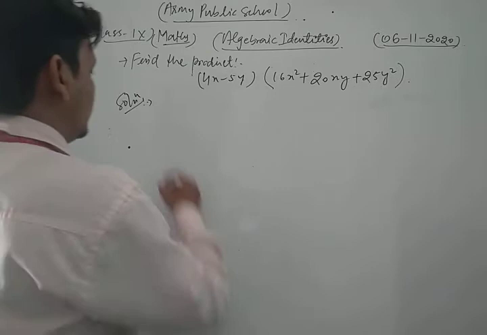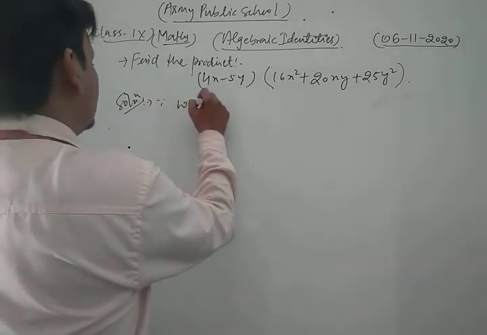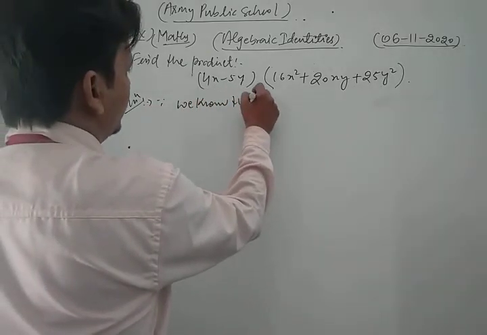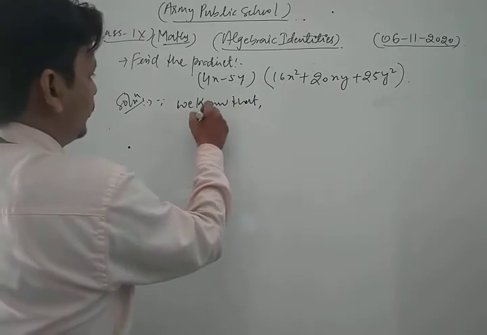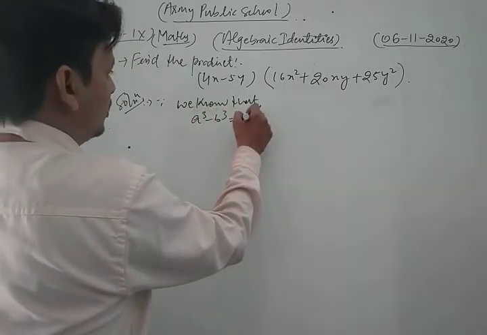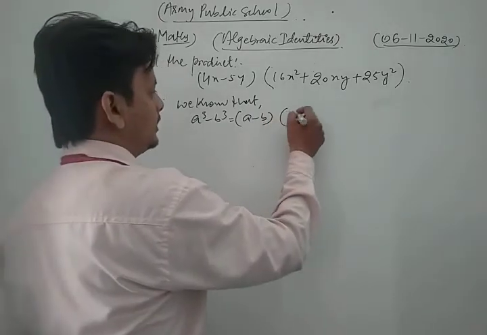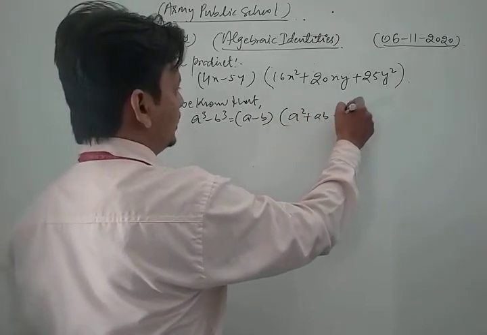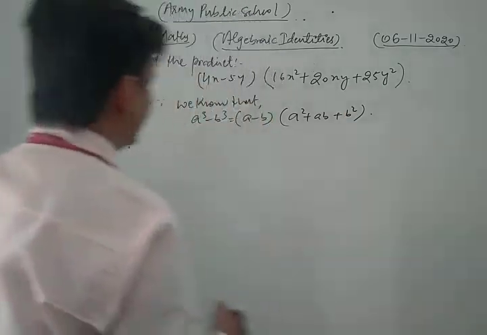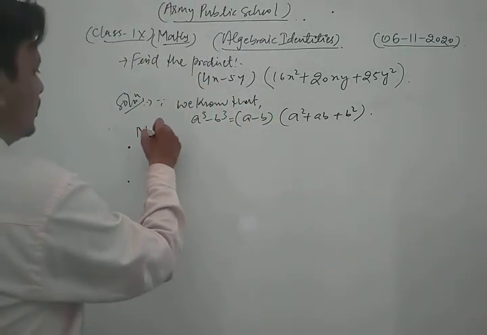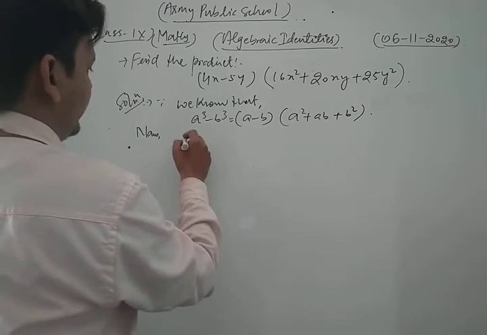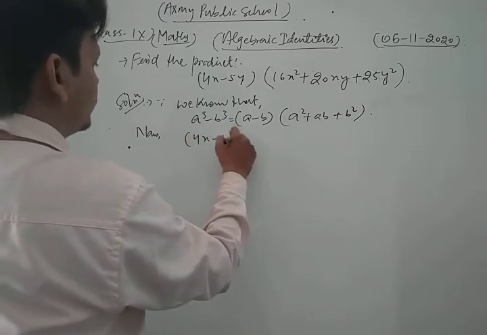Dear friends, since we know that, first of all we write the value of a cube minus b cube is equal to (a minus b) in one bracket, and in another bracket a square plus ab plus b square. Now from the question, we can write 4x minus 5y,